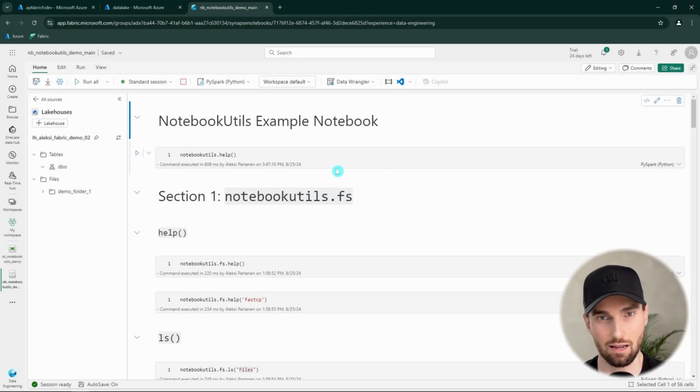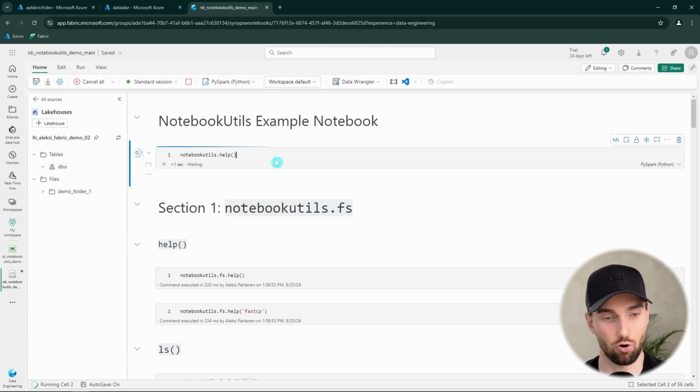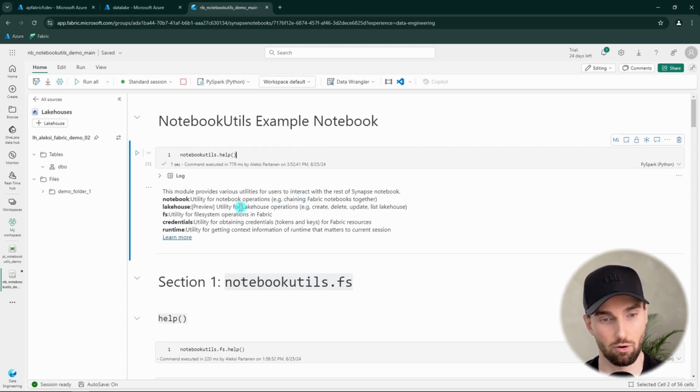Now I have my example notebook open here that I have prepared to demo the functionalities of NotebookUtils. Let's start by running this help command that will give us more information about NotebookUtils. Basically, NotebookUtils can be divided into these 5 groups of commands or functions. First, we have these notebook utilities that will allow you to do some notebook operations, like run other notebooks within your notebook. Then we have the lakehouse functionalities that will allow you to create, delete lakehouses or get some information